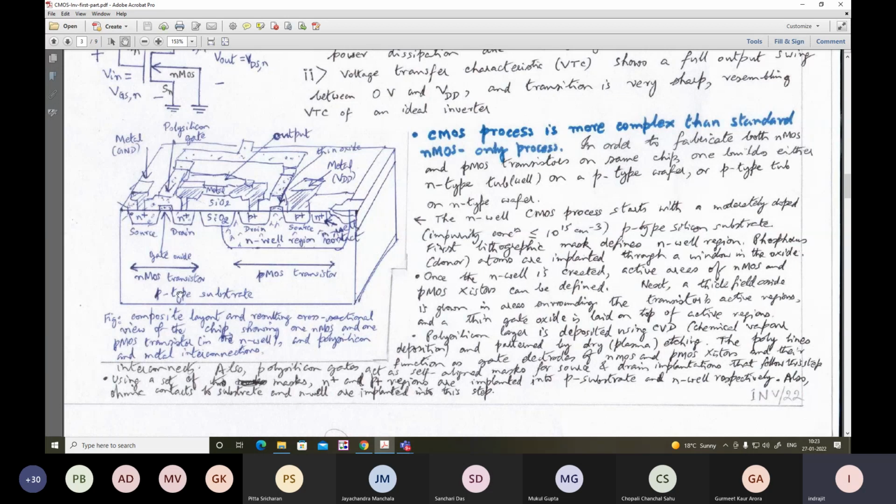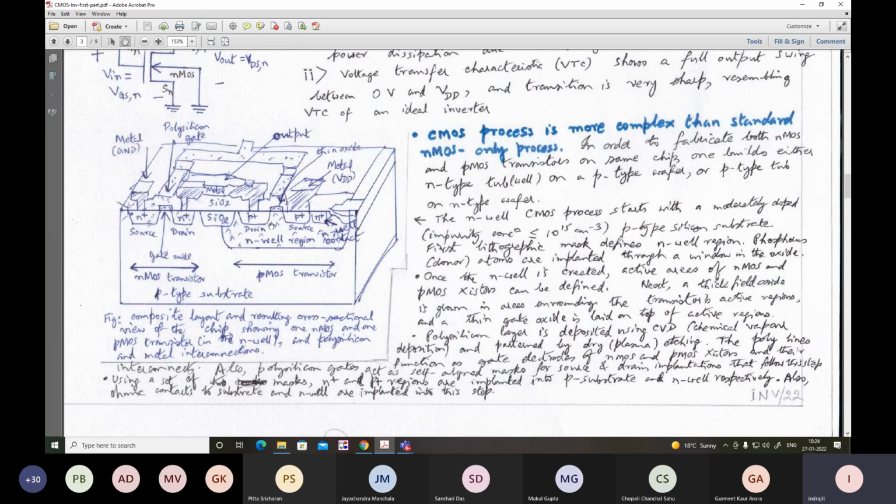So using a set of two masks, N plus and P plus regions are implanted into the P-type substrate. Into the N-well region, you put the P-type acceptor impurities like boron or indium, trivalent impurities, and here you put the pentavalent impurities like phosphorus or antimony. And of course, the precisely defined mask determines the extent of source and drain,